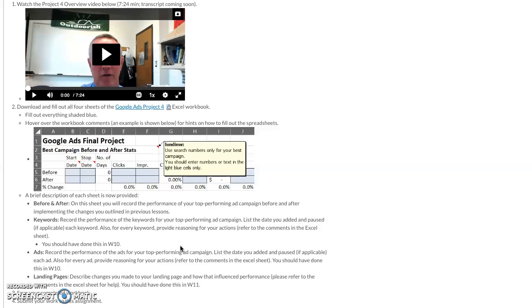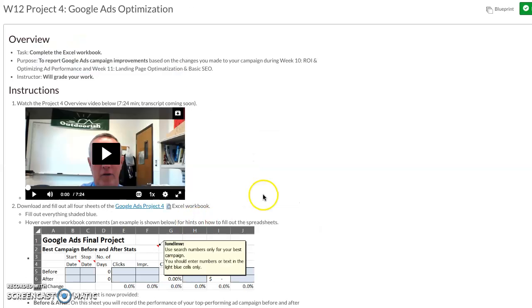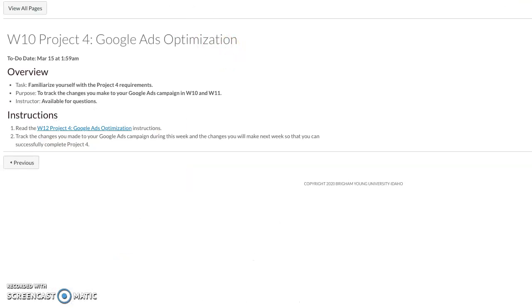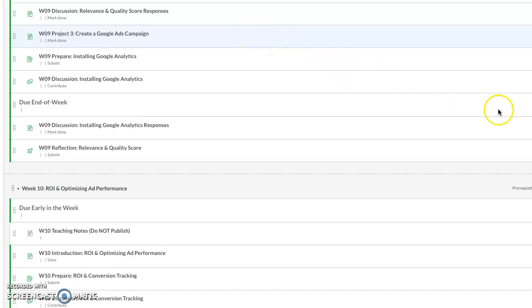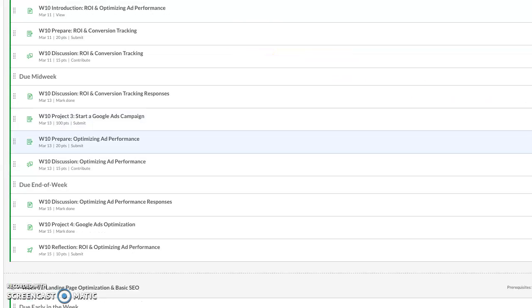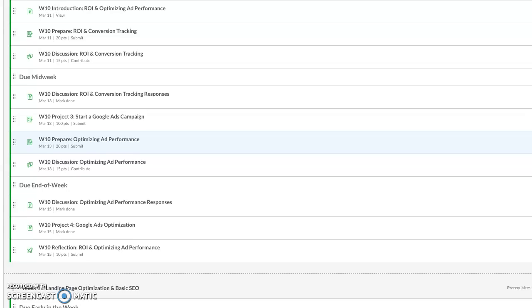It's about making changes to your campaign and watching the impact of those changes, and then learning from that. Let me know if there are any questions or concerns about Project 4, or if you're getting stuck on your Google Ads campaign. If you launch your campaign and you're struggling to see any